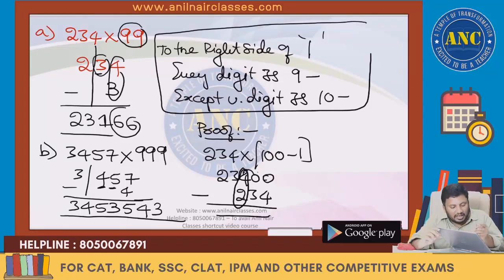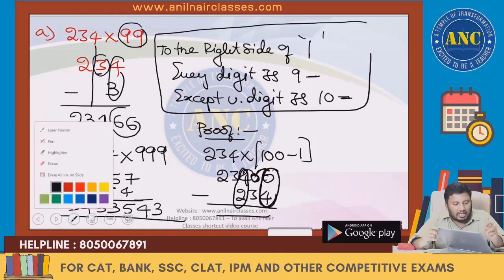I hope it is clear why the unit digit is becoming 10 minus. The leftmost is taking carry; it is receiving 10, giving 1. So 9 minus 3. Why the unit digit is 10 minus and every other digit is 9 minus. Idea clear? If you just open 99 as 100 minus 1, you will understand it clearly.